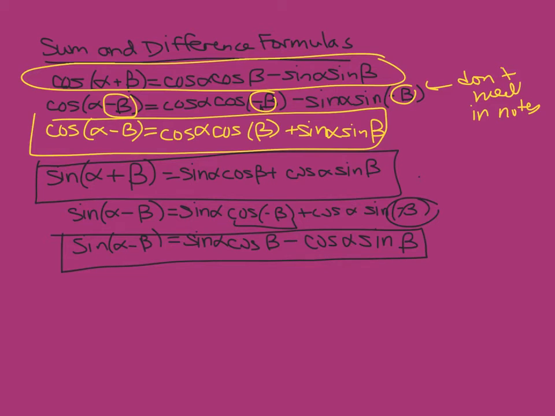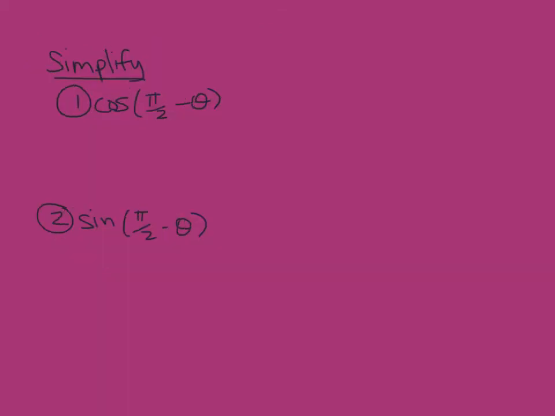So let's go and do a few examples of using them right now. We're going to simplify these two things, and you might actually recognize these. These are the cofunction identities that we saw probably many weeks ago. So we're going to solve these, however, using the identities that we have. So I'm going to write out this cosine of pi over 2 minus theta. Remember, I have that one, cosine of alpha minus beta